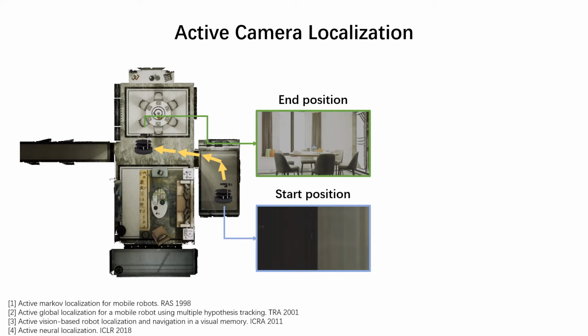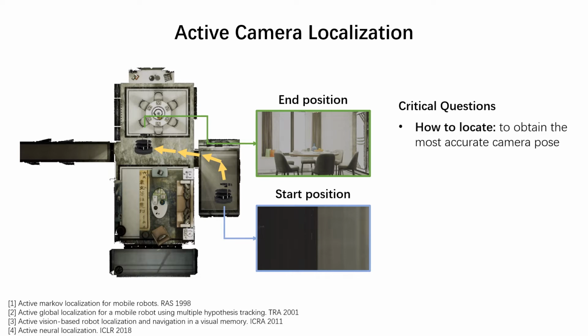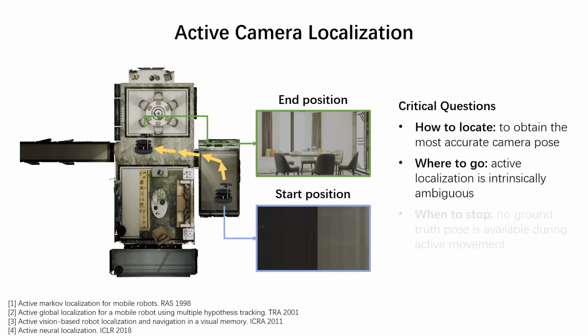The goal of active localization is to pursue high camera accuracy. To solve this problem, there are three critical questions to ask. How to localize the camera for the most accurate camera pose. Where to go: the camera is initialized at an unknown position in the environment, so where should it move for accurate active localization? As there are numerous localizable positions in the continuous camera pose space, the problem of active localization becomes highly ambiguous and difficult to solve. When to stop: the agent is unconscious of its ground truth camera pose, hence